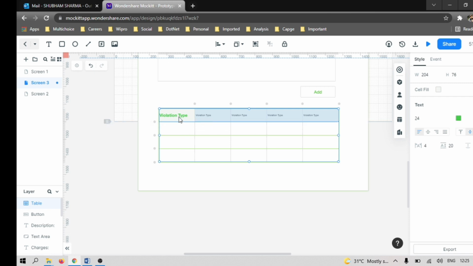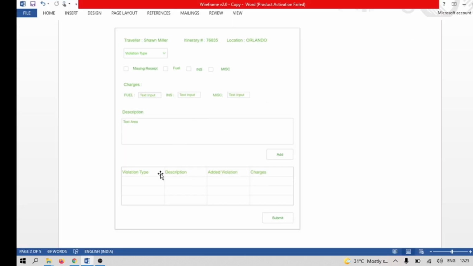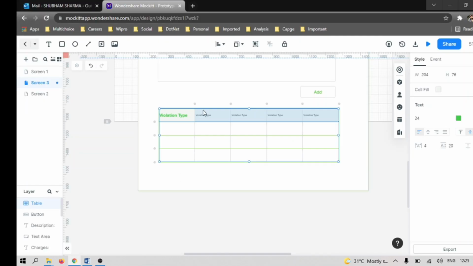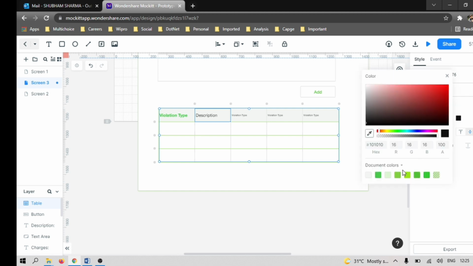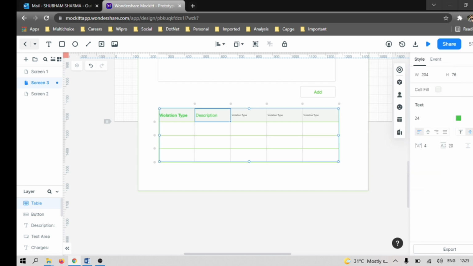Violation type. What is the second one? It is description. Put here the description. Okay, and the size is 24 and the color is green. This green, type is bold.